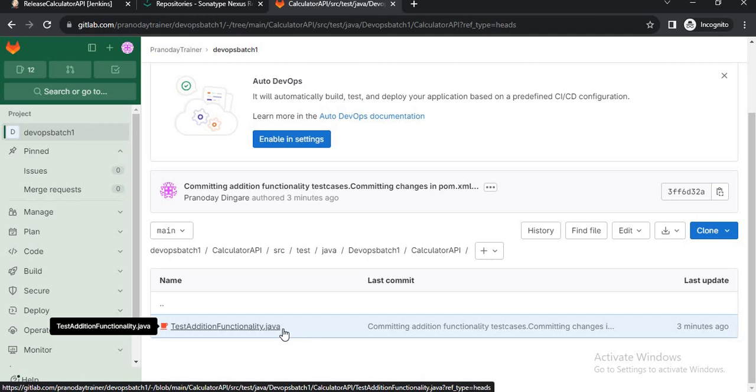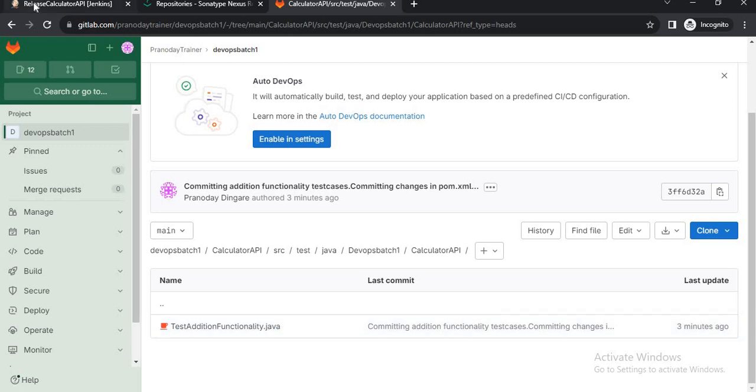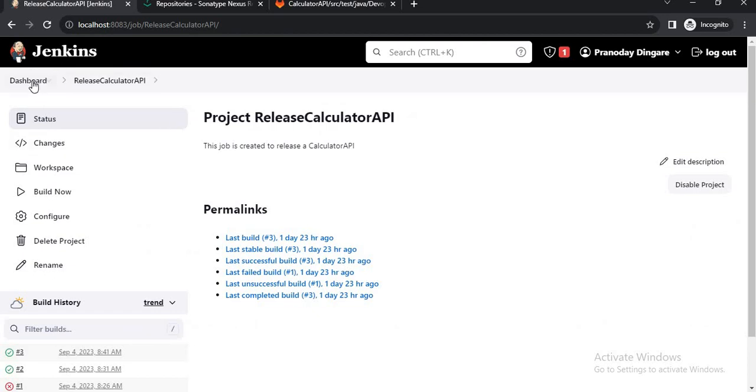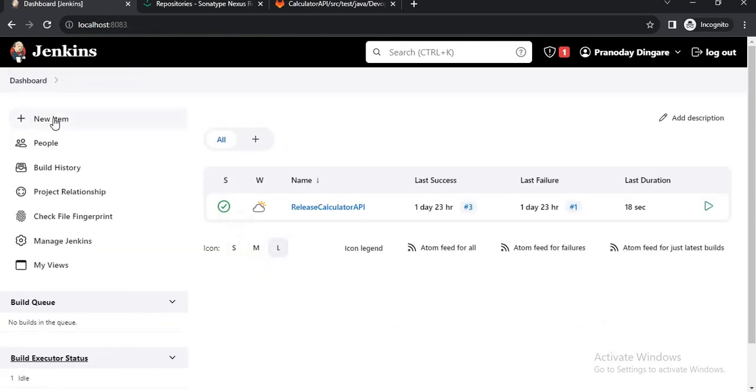Now let's create a job in Jenkins which will pull the changes, create a jar, and push it to our Nexus repository. So let's go here. Let's create a new one. I will just rename this one.